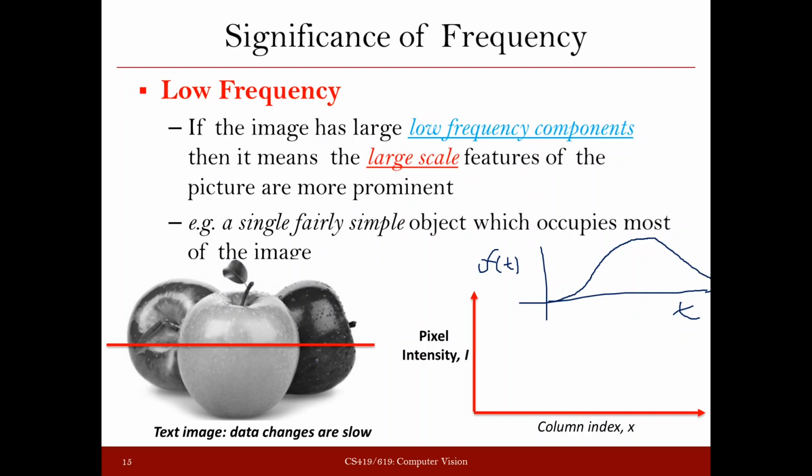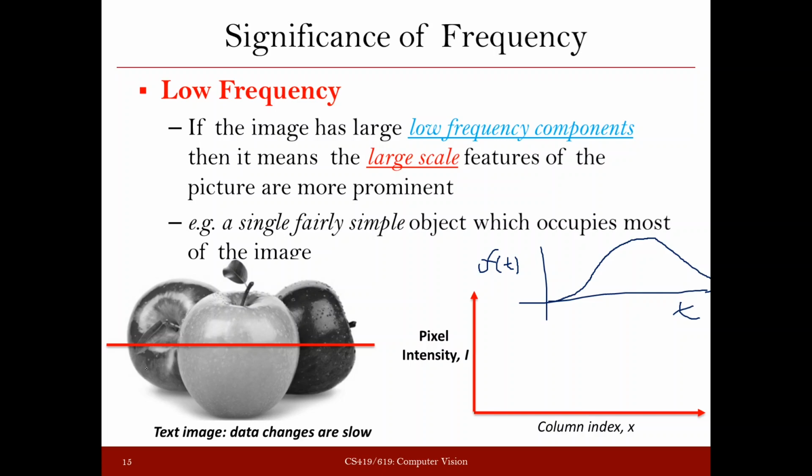And there is another alternate notion you can get from this. Whenever you are saying that the content is slow varying, that can only happen when the objects that your image contains are big, in other words, when the scale is high. When the objects are small, you will find that the variations will be more.